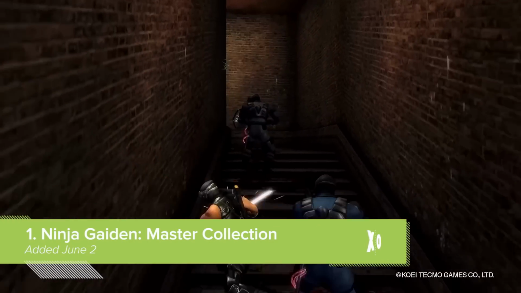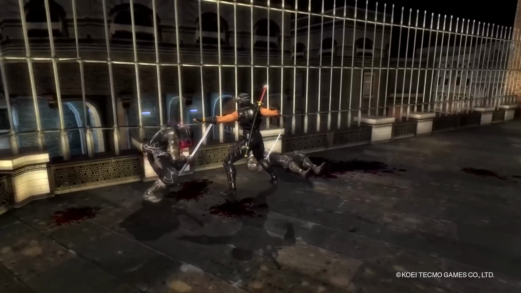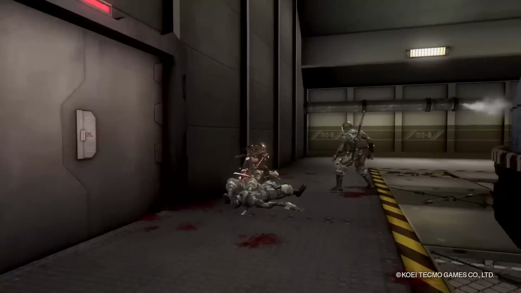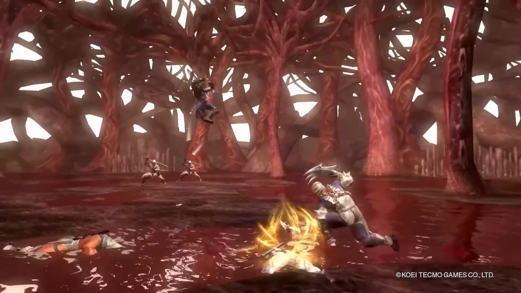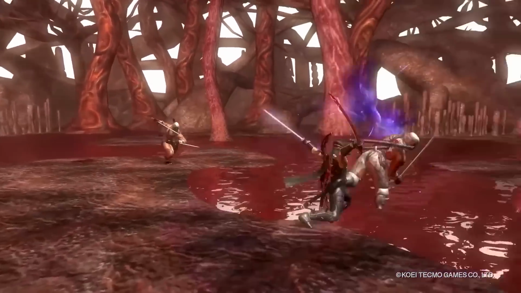generation of consoles, allowing both newcomers and returning fans the opportunity to enjoy exhilarating battles against fearsome opponents. Players will follow the adventures of Super Ninja Ryu Hayabusa across 3 of his most renowned 3D outings, Ninja Gaiden Sigma, Ninja Gaiden Sigma 2, and Ninja Gaiden 3 Razor's Edge, each packed with most of the previously released game